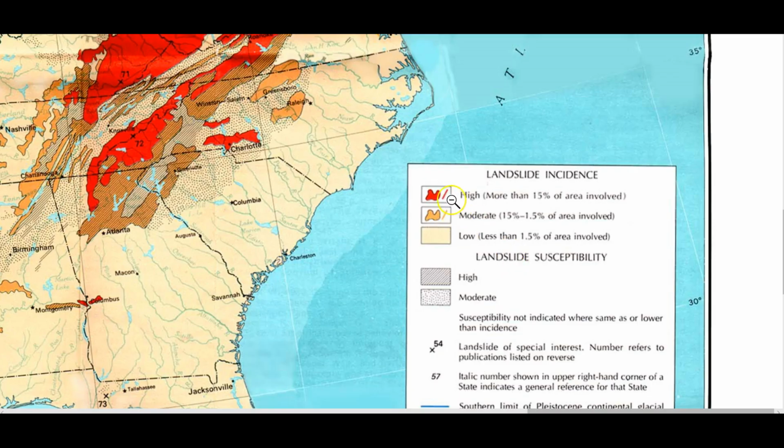If I come over here, the color tells me if there's high, moderate, or low landslide incidence. That means of this area, how much of it is affected by a landslide. So this area may have more than 15% of the region involved in landslides. But then we want to look at landslide susceptibility and whether that is